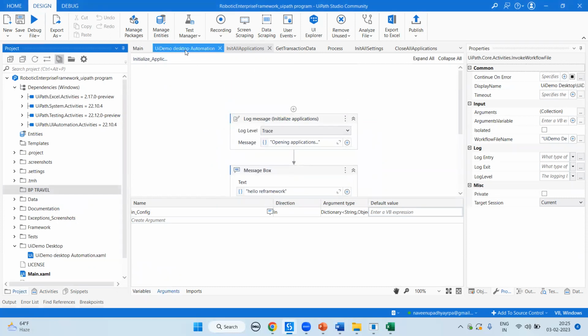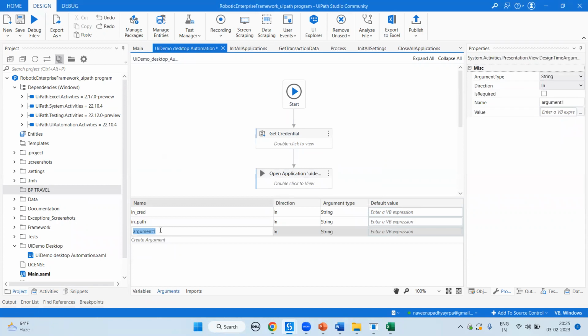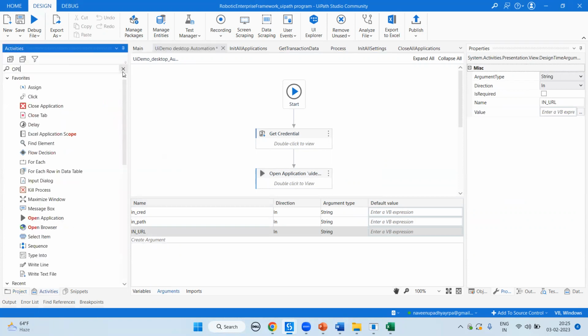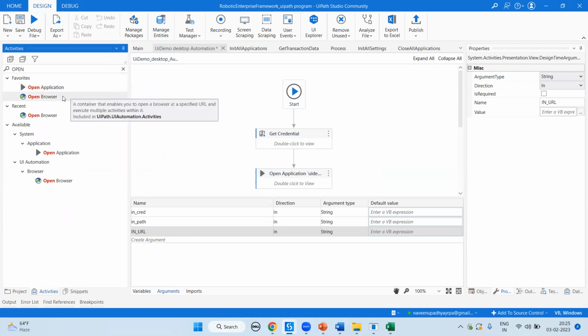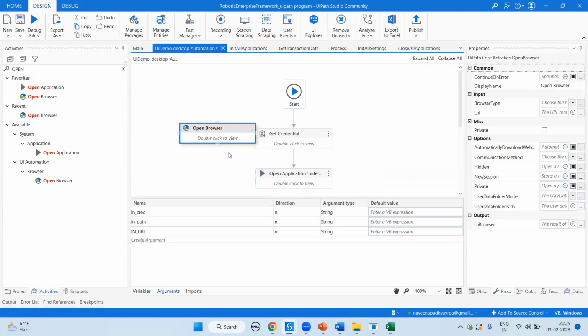So right now in UI demo, here, instead of open browser, what we are going to pass, instead of path we can pass this thing called in_URL. That's it. And here I'm going to pass this thing called activity. That is the thing called open browser, and we are going to pass the particular open browser. And here we are going to connect. After get credential also will be here. Only you have to pass this part